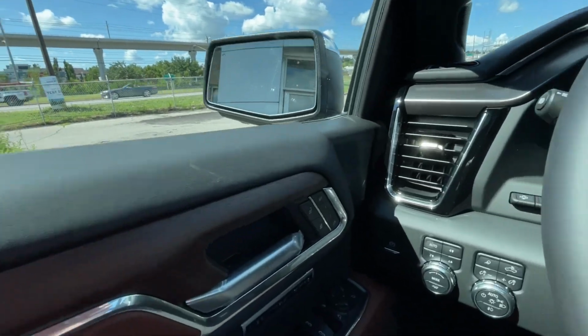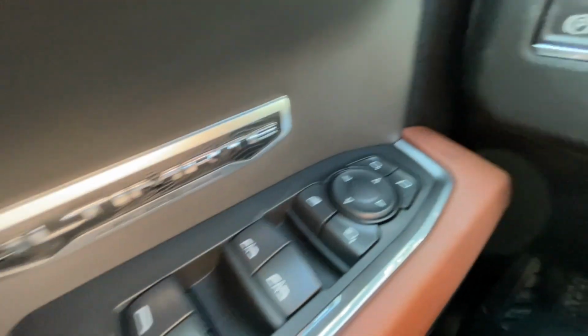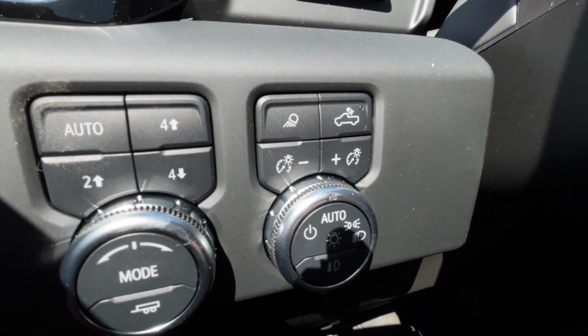Taking a look inside the Denali Ultimate, starting off on your left-hand side, we have the controls for your power locks, windows, and folding and adjustable mirrors, electronic parking brake, button-activated driving modes, automatic headlights and fog lights toggle, heads-up